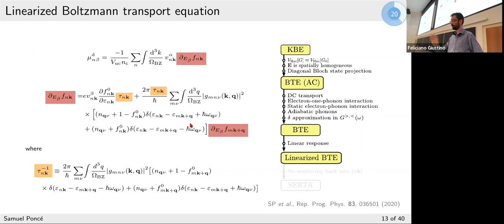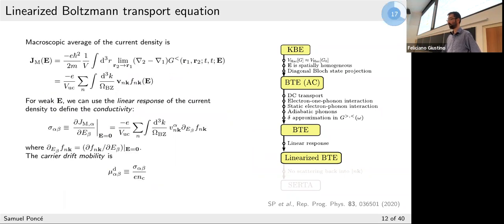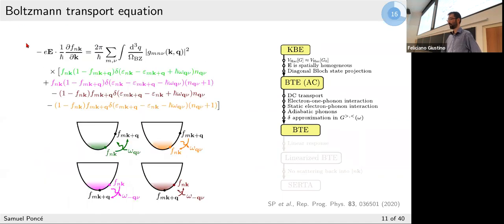Okay, so back. Now we are really only dealing with resistive transport. So the idea is we want to compute drift mobility. We need to compute this change of occupation with respect to external field. And to compute this, what we do is very simple. We go back to our Boltzmann transport equation, and then we take the derivative on both sides with respect to field. So the first term will die. We are just left with this term without the field. And then the right-hand side term will have many partial derivatives, so derivative with respect to field